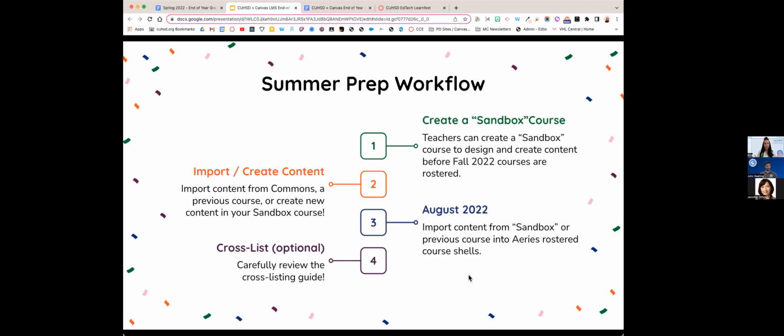So here's the summer prep workflow. The first step would be to create a sandbox course. So in our instance of Canvas, teachers can manually create courses. So that's something that teachers have the ability to do in our instance of Canvas. So you can go into your Canvas LMS and create a sandbox course. And that would be a manually created course because you'd create it using the create a new course button,